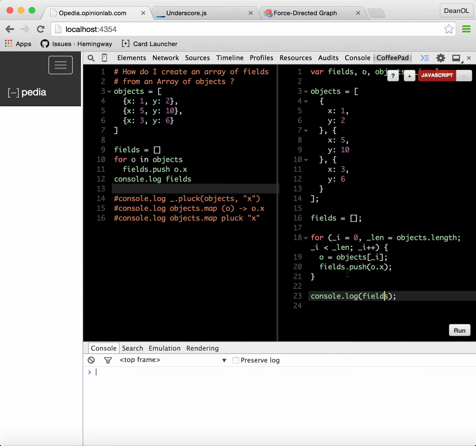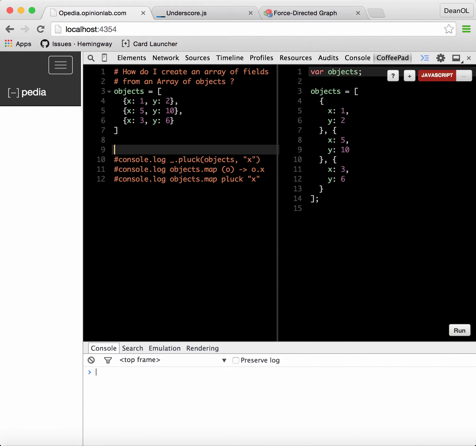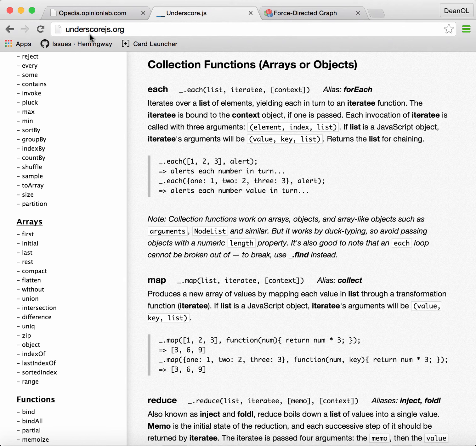So that is one way of doing it, but I said this would be a gentle introduction to functional programming. So for the purpose of this discussion, let's take functional programming to mean not using loops and see how we can do that. It turns out that one of the ways you can start developing functional programming in JavaScript is to use the underscore library. This lives on the web at underscorejs.org, and it gives you methods off of the underscore character to run a